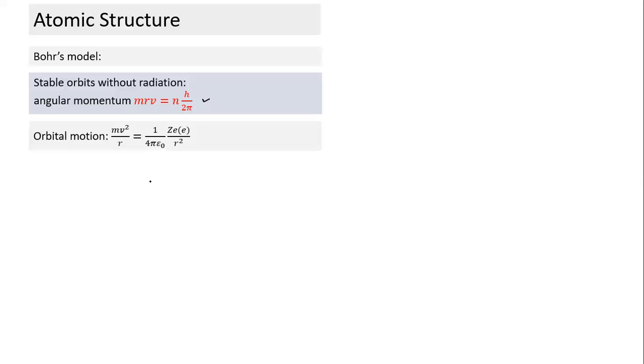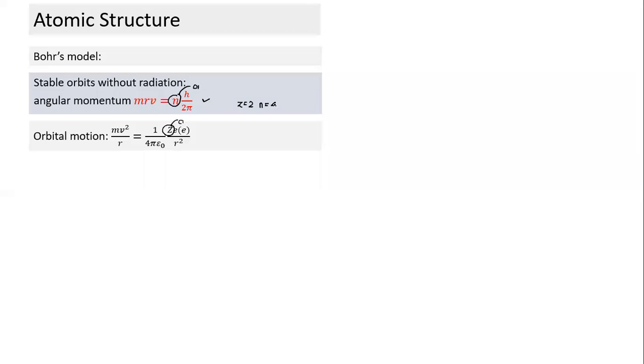So just look at this. Here there are two terms, n and Z. What does Z define here? Z identifies the atom, and n defines the orbit. So if I say Z is equal to 2 and n is equal to 4,